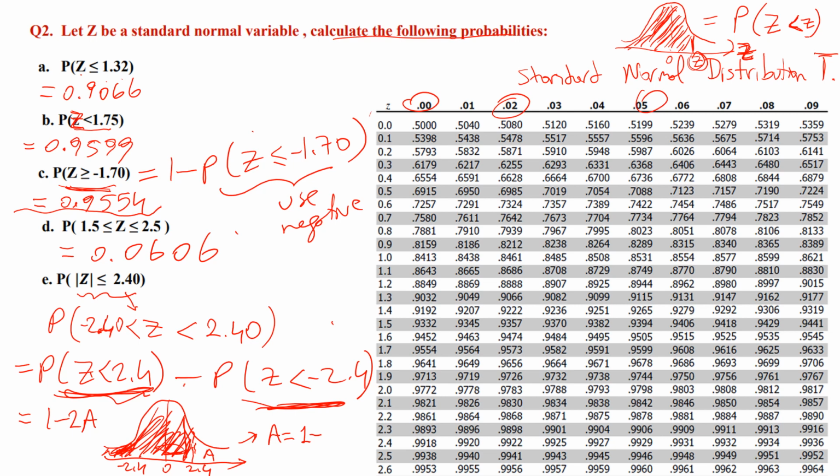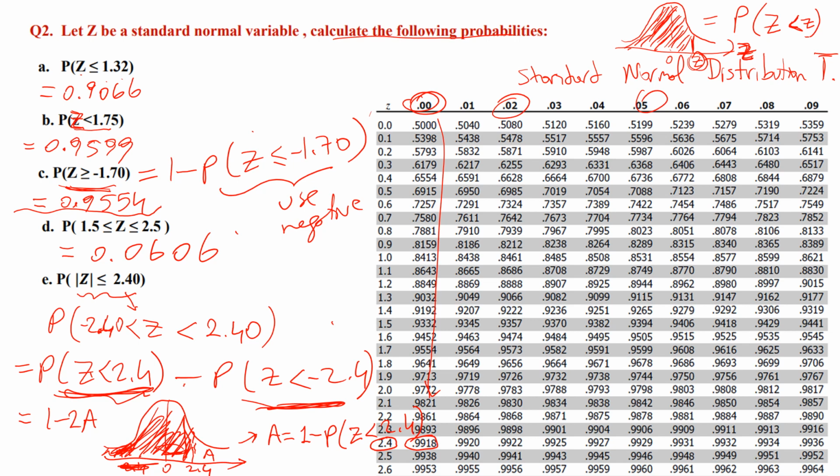So what is this area? Okay, forget about this negative 2.4 now. It will be the probability to the left of 2.4, so it will be z less than 2.4. So what is less than 2.4? It's here, and 0, 0, it's here. So this has to be